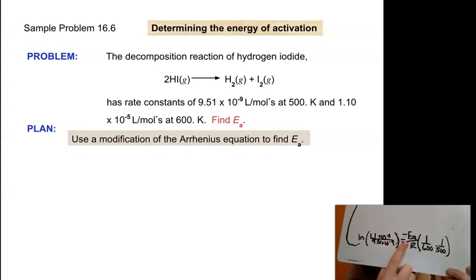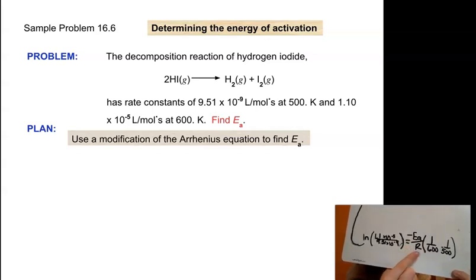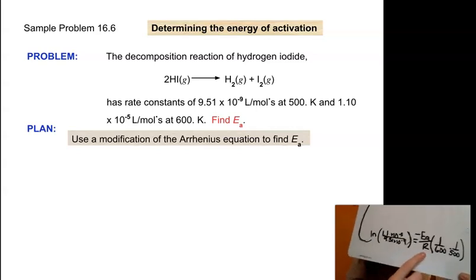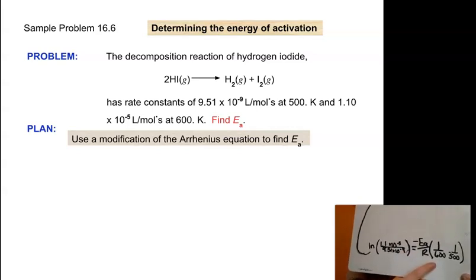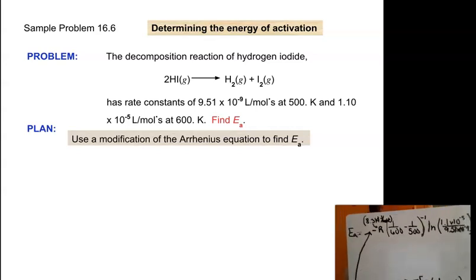Now again, you want to isolate EA. So you're going to have to move the R term and this temperature whole parenthesis thing to the other side. So you're going to multiply by R on both sides, cancel R on the right, and then multiply by the reciprocal of this temperature term. All right, so when you do that, you end up getting this equation here, where EA is equal to